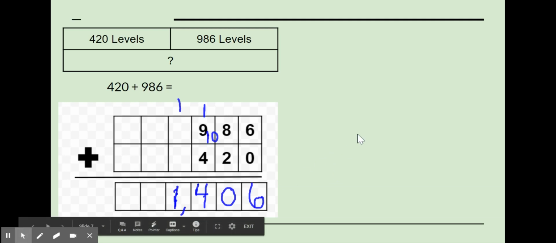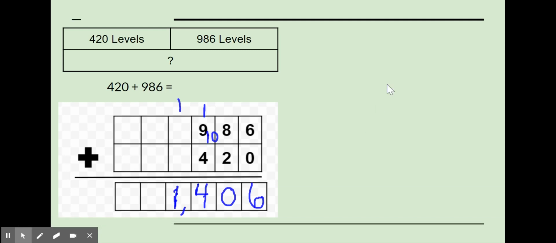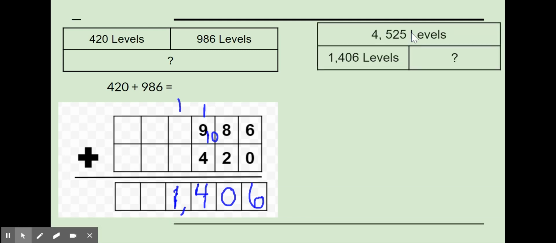Now, moving on to our next step, we need to subtract. So we're going to use a whole part model. And because my husband's levels are still bigger than our combined levels, we would put his levels in the bigger box. And then our combined levels would go into the part. And to find this other part, or this difference, we're going to subtract